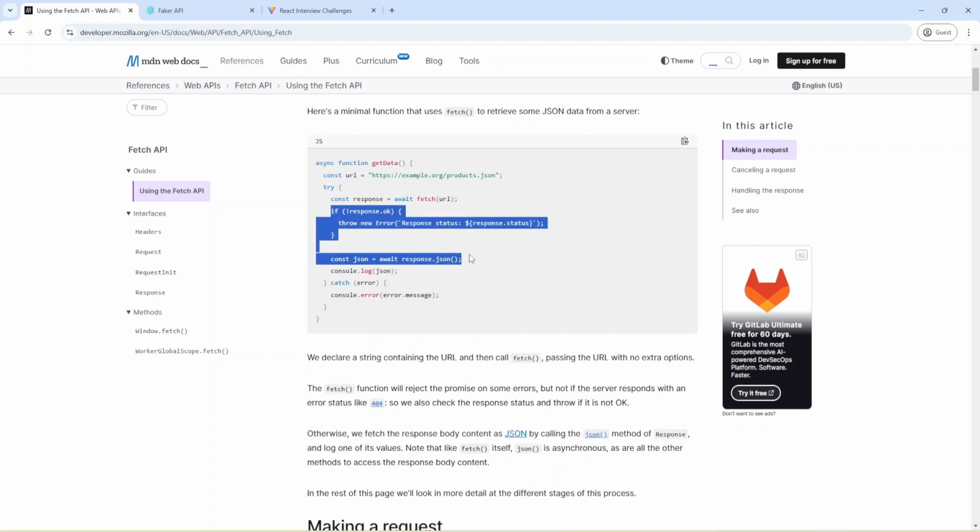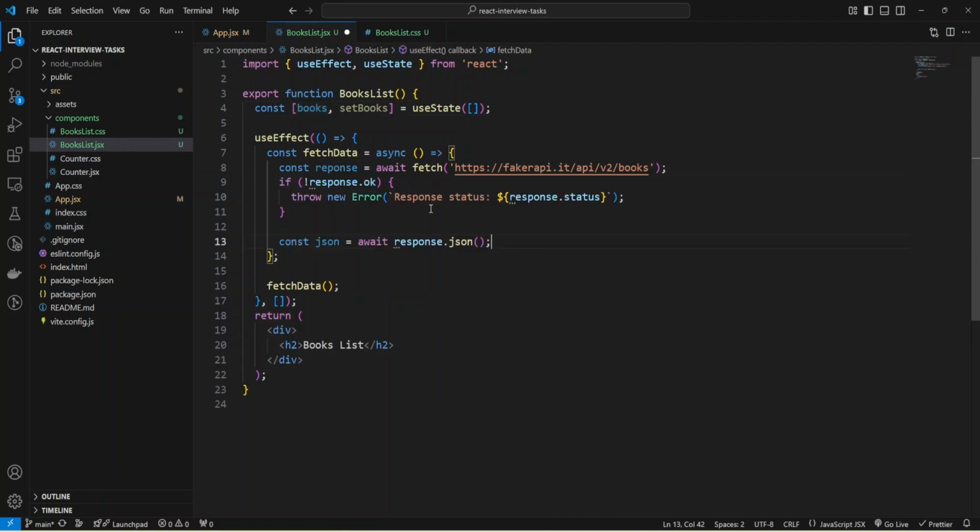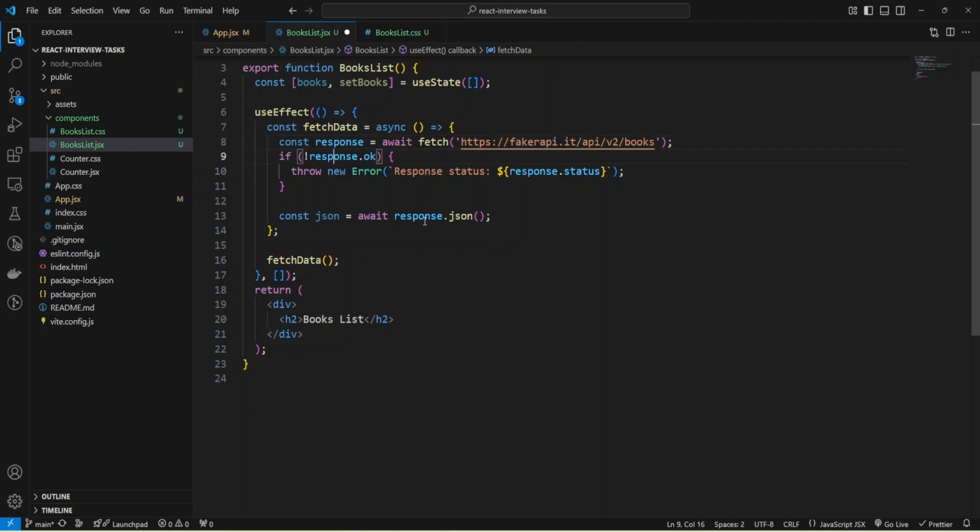I'm going to just copy this code, remove this console log, and paste my code here. Okay, and I need to change response. And if the response was not okay, I'll provide the response status.